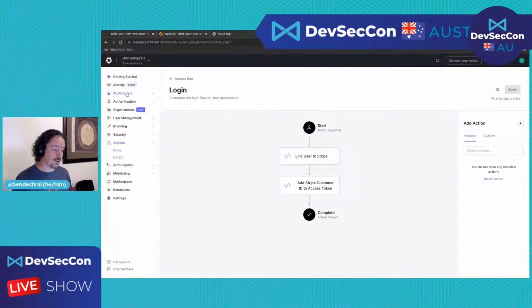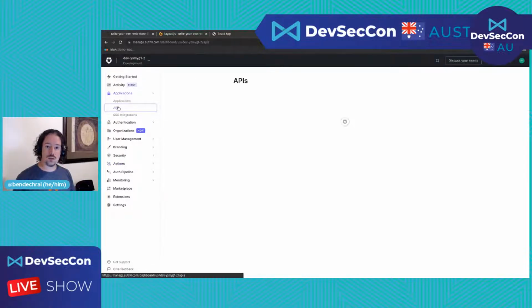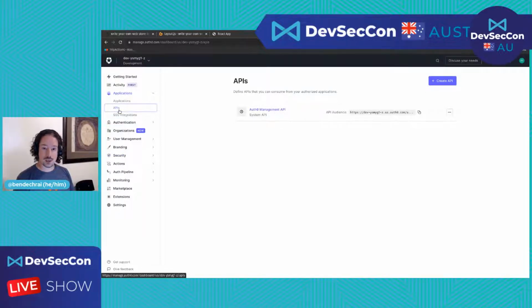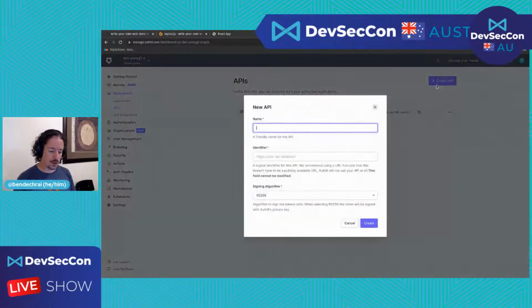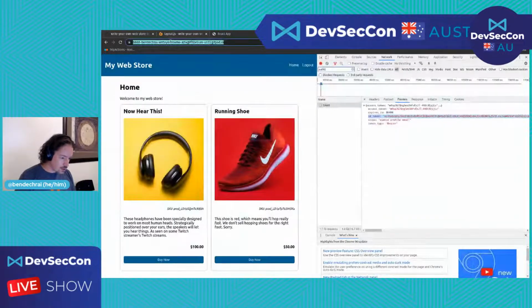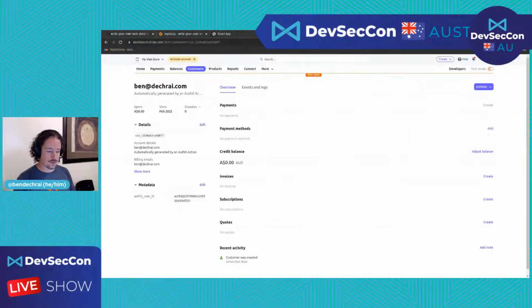token becomes a JSON Web Token, and that's to define the API. We need to say this token is going to be used for communicating with this API endpoint, which we're going to be creating soon. So I'm going to come into the Applications API section. We were in Applications before. I know the name is a bit funny. Applications APIs, we're going to create a new API here. And I'm going to use the URL of the application we're using